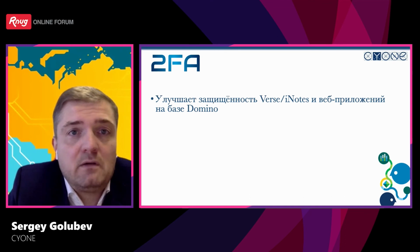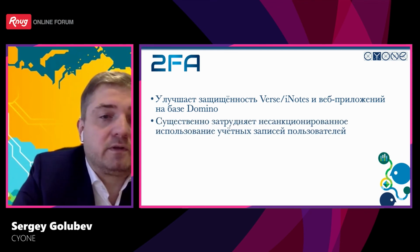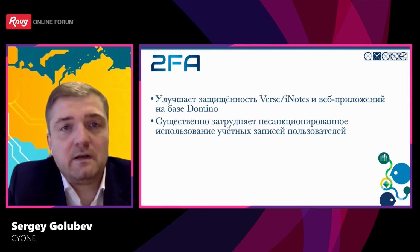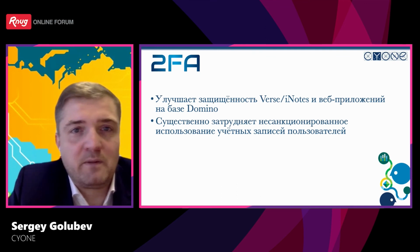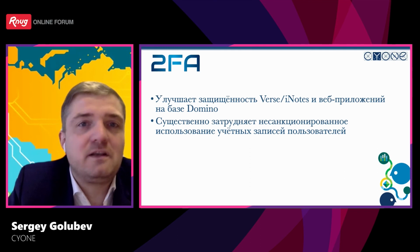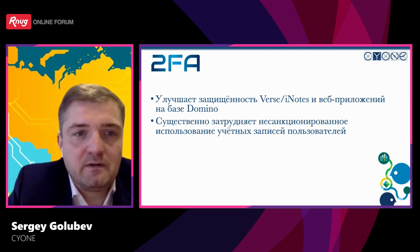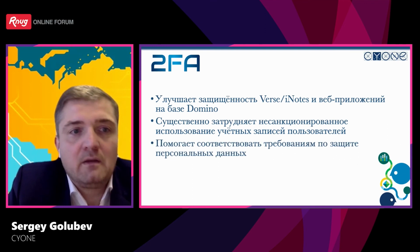It improves protection of web apps and web mail. Also, it dramatically reduces the risk of unsanctioned use of users' accounts. There is no 100% protection, like a sword and shield, but at least our solution will make the life of potential hackers very difficult. And on top of that, our solution allows you to control usage and to promptly respond